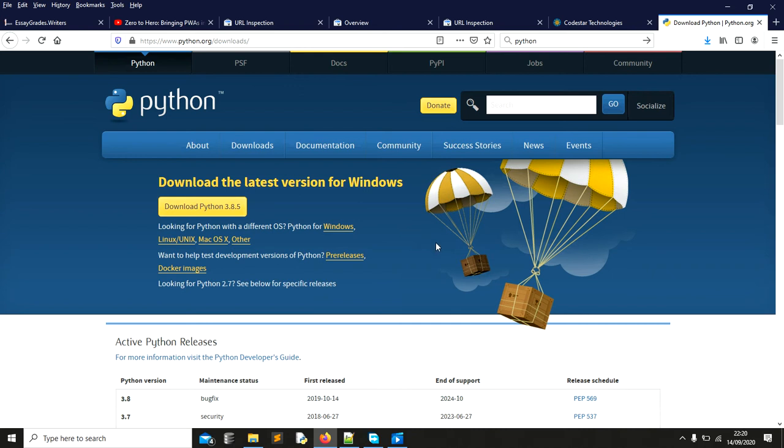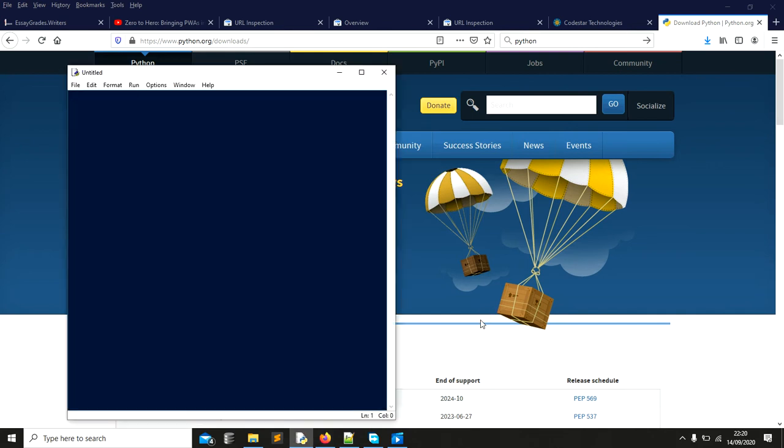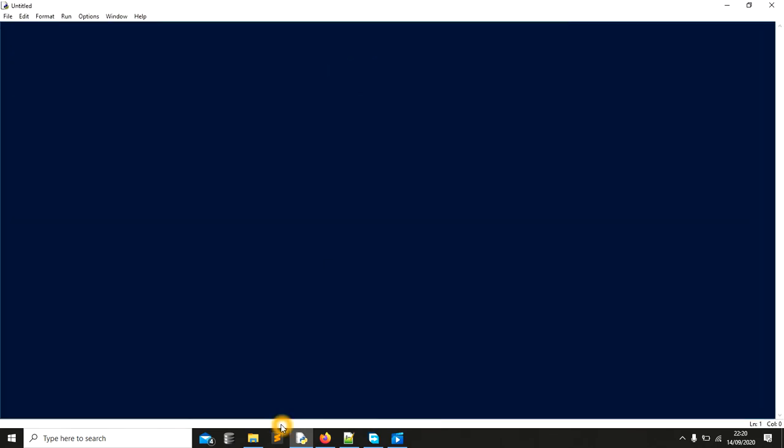So I've done that. Once you download, make sure you download the installer, which you can just install, and after installation you're going to get something that looks like this. In some cases you might want to use a different text editor, like Visual Studio, or Sublime Text, like this one that you can see here on my taskbar. And again, there is one which people like using very much, which is PyCharm. PyCharm is also a very nice text editor that you can use to develop your Python